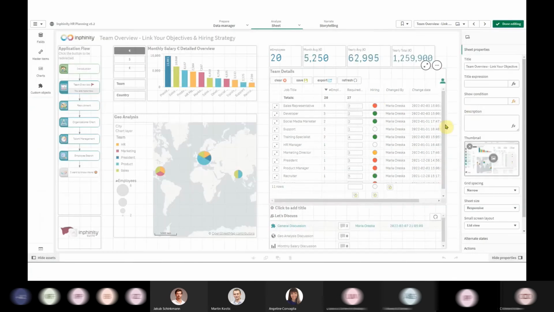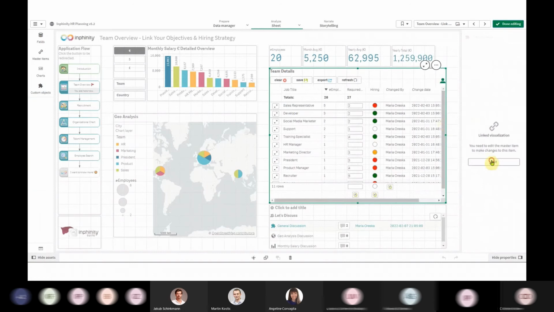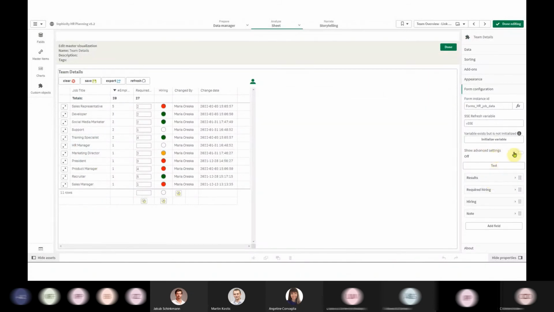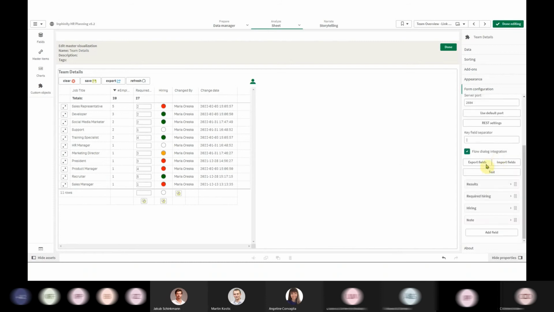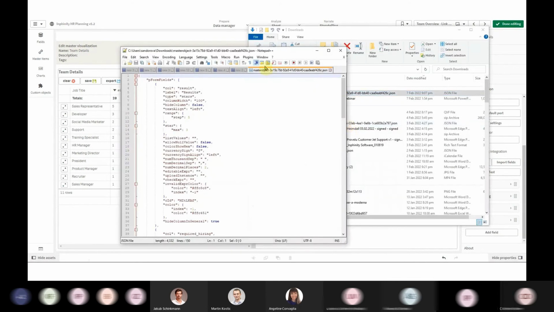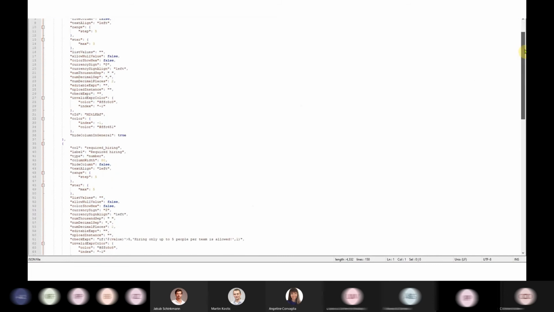For developers, also the new option to show text and store ID for select boxes will help, as well as a new option under the advanced settings, export and import field. When I click on this export field button, a JSON is downloaded to my computer. And this JSON contains the whole definition of all the form's fields.